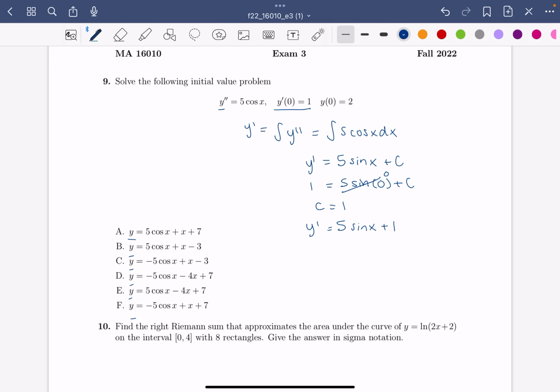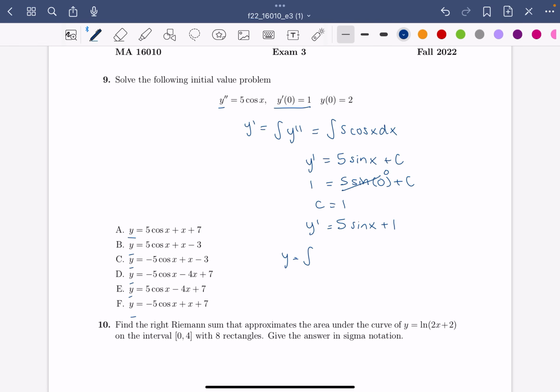Now, let's integrate again to find y. So y equals the integral of y prime, which equals the integral of 5 sine x plus 1 dx. So the integral of 5 sine x, be careful with your signs. The integral of sine is negative cosine, so that'd be -5 cosine x. And then the integral of 1 is x, so plus x plus c